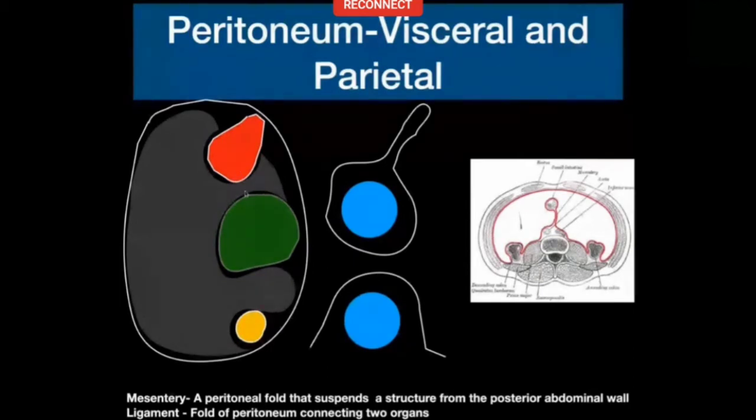So why do you need a mesentery? You need a mesentery because if you did not have a mesentery attaching a mobile structure to the posterior abdominal wall, it would just fall into the pelvis. And also, the aorta is along the posterior abdominal wall, so you need blood to come into the organ somehow or the other. So the mesentery provides a safe space for the vessels to travel.